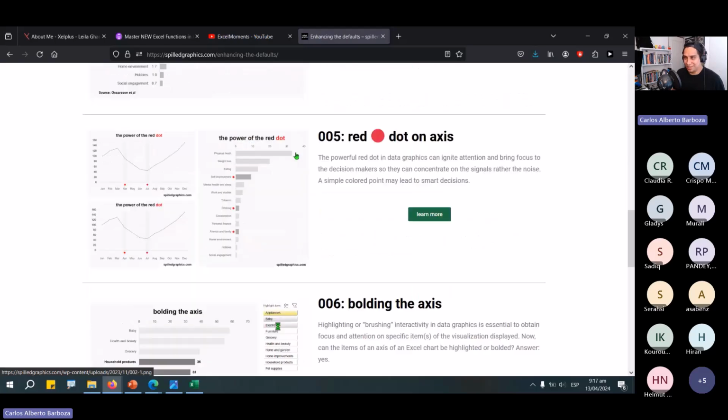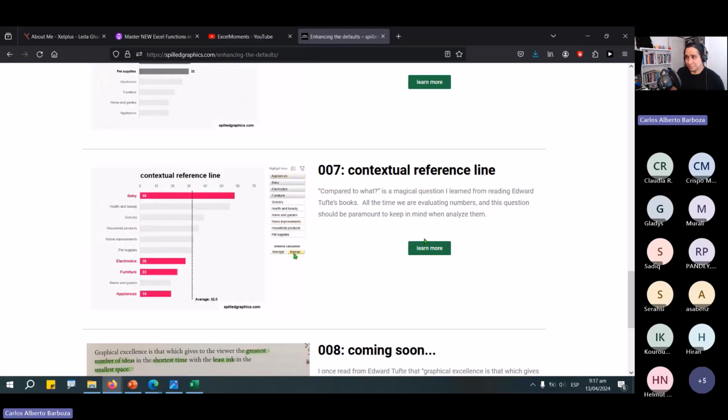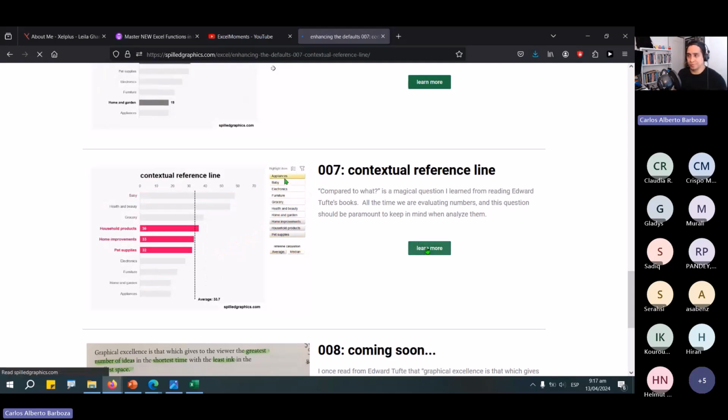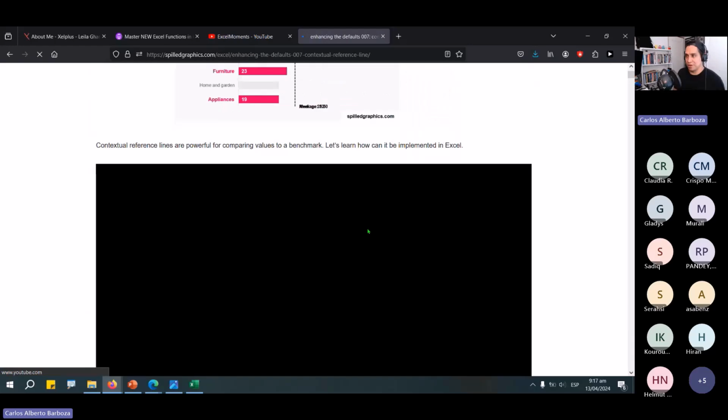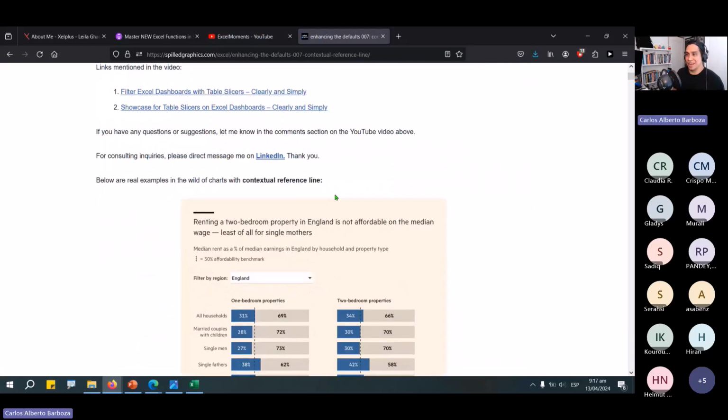But if you go to the one in number 7, I can't believe that became a Pandora's box for me. Because as soon as I just wanted to teach the relevance of a reference line, just to do a basic chart, does it make any difference? Yes, it allows you to put numbers into context. If you click learn more, I'll teach you how to do this in Excel with the video underneath. But then I go and say, and now